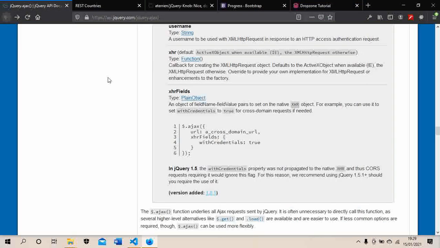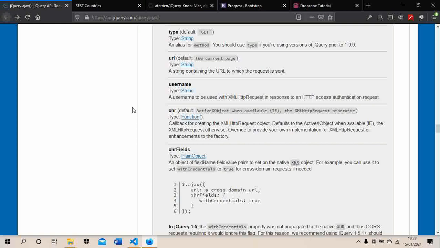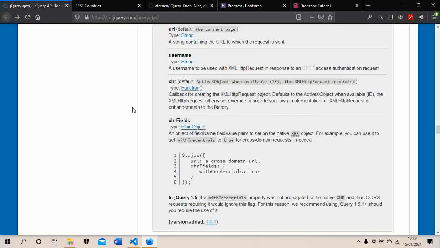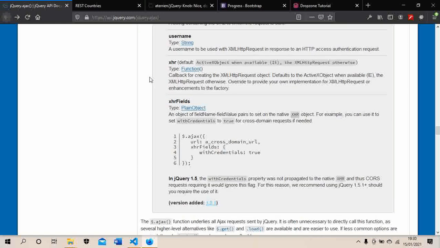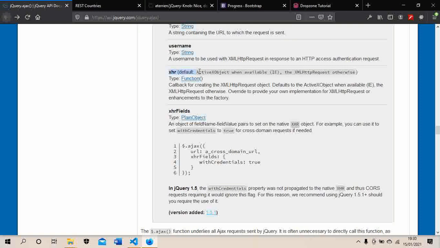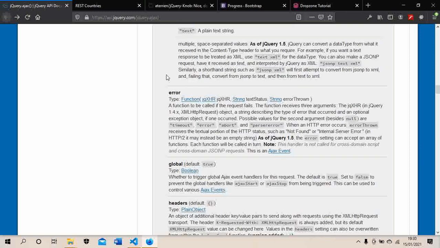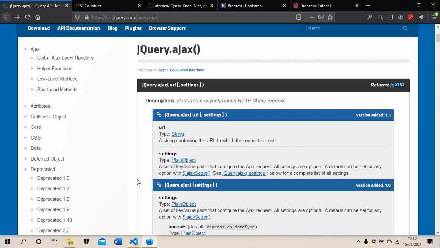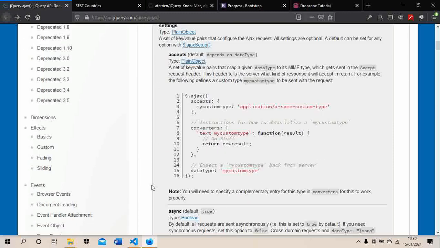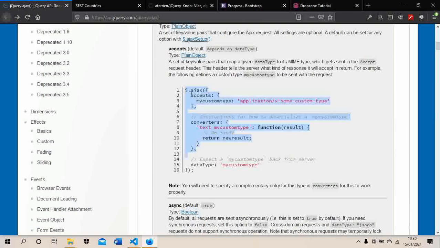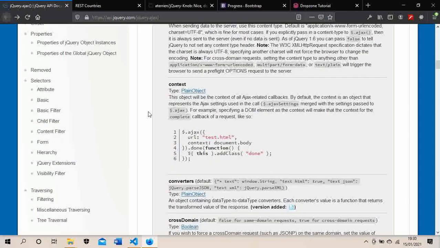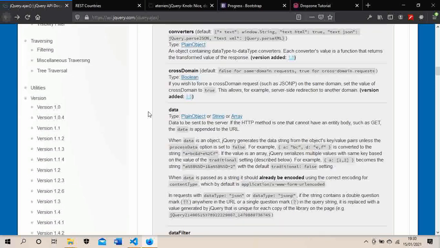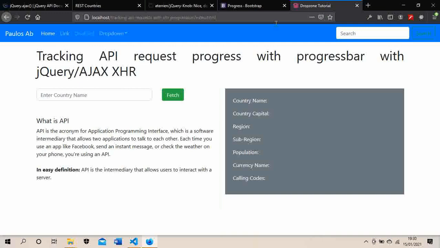But I'll start by going to the jQuery.ajax documentation website. In this website there is a lot of documentation about how to use jQuery.ajax. And what you are mostly interested in is the XHR function. If you go up, let's scroll up, you see a lot of documentation about it. You are going to see a lot of documentation about jQuery.ajax. And next thing is, let's go back and